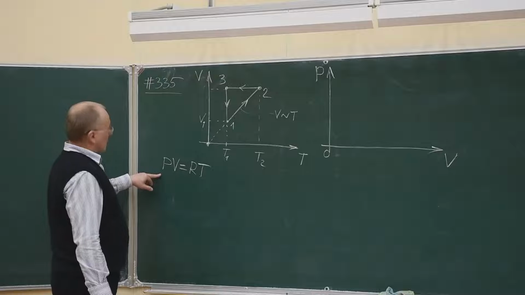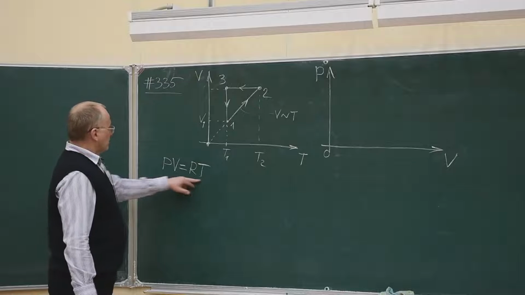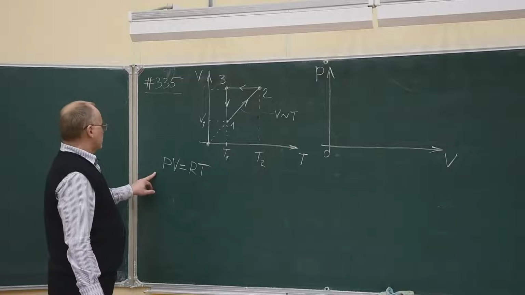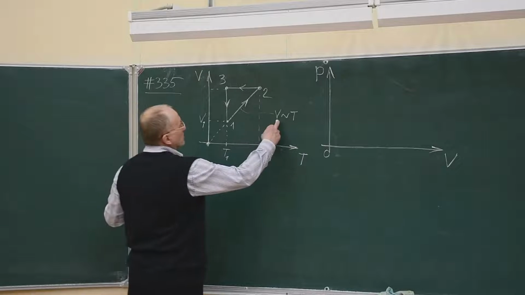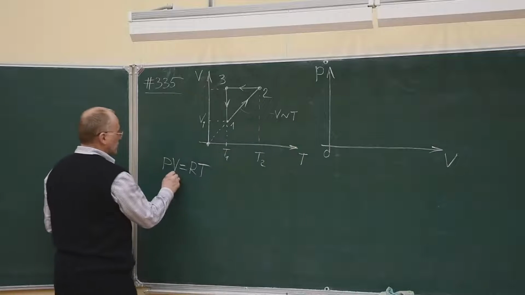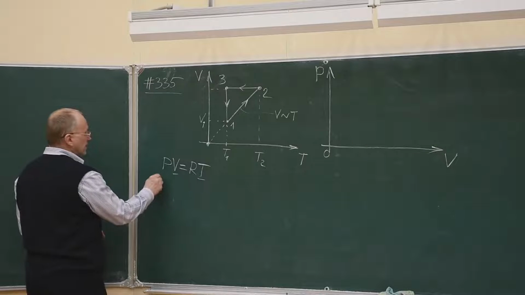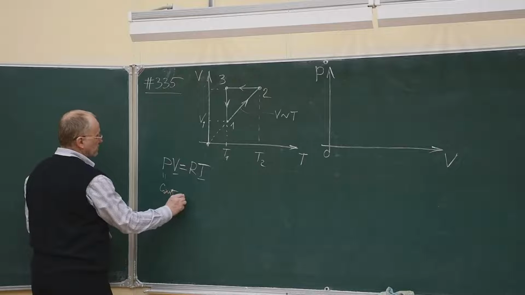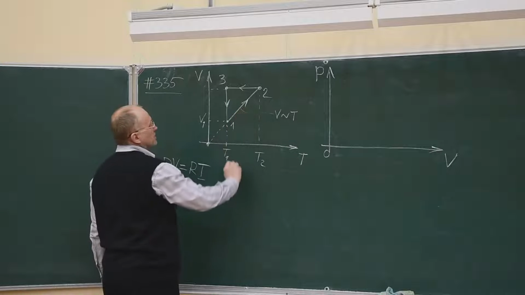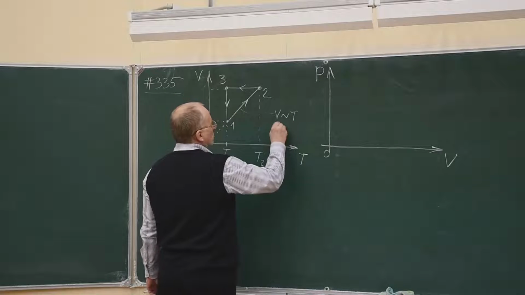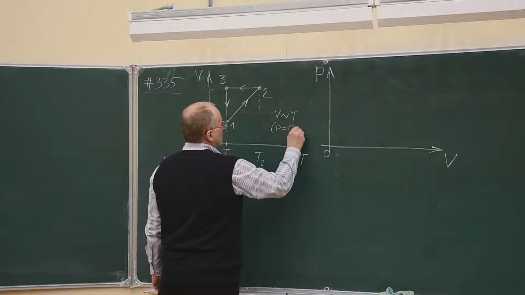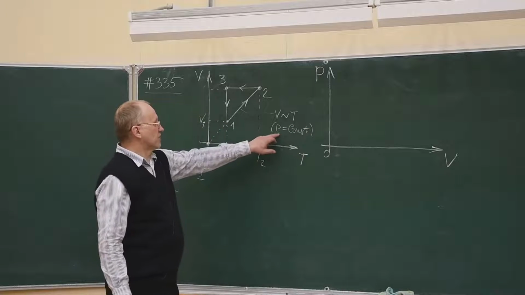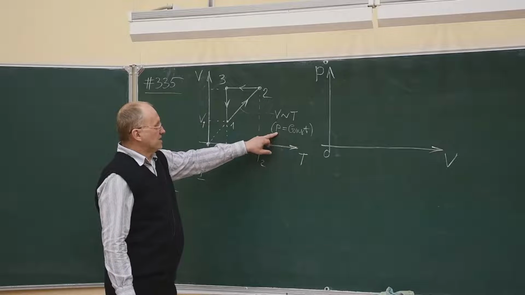So the equation of an ideal gas will be written like this. And if volume changes directly proportional to temperature, it means that pressure is constant. It means that pressure is constant during this process. So pressure is constant. How do we call such processes with constant pressure? We call it isobaric